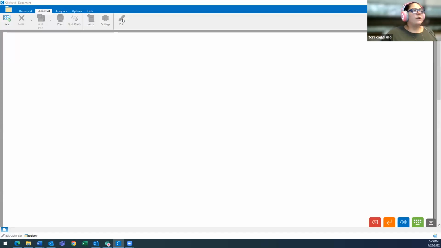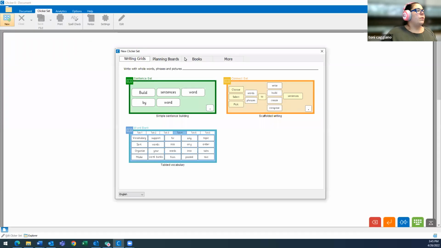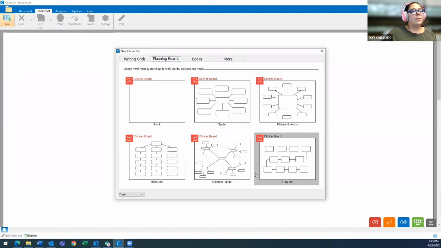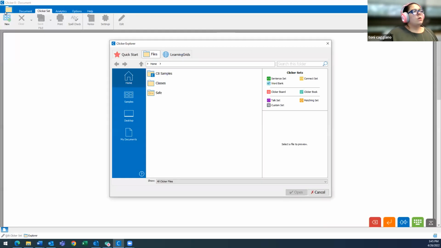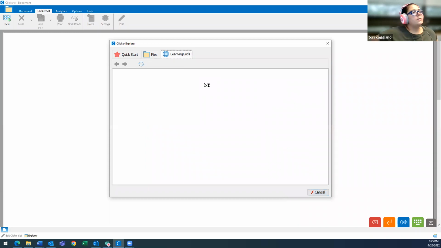Yeah, the graphic organizers, Jen, I don't know if you've realized that we input the templates with the update to Clicker 8. So these are all available now when you're creating activities from scratch. When you are looking for something that is more or already prepped for you, that's when you guys will come into Learning Grids. So through the File Explorer and into Learning Grids,